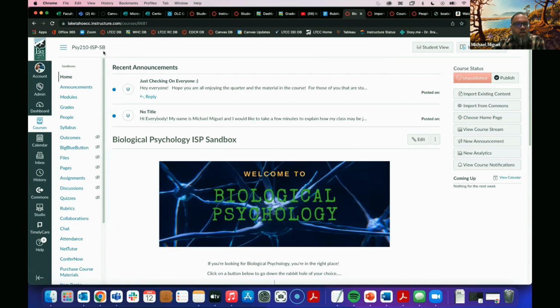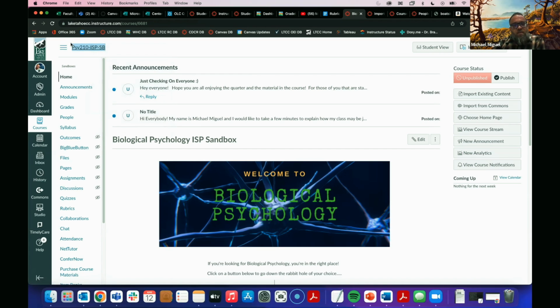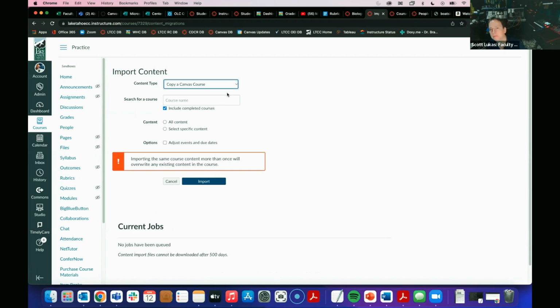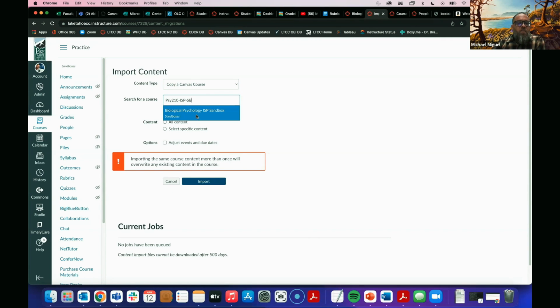What I do from here is I just right click and copy this naming structure at the top. Oh, wow, that's great. And then when I come over and paste into here, it automatically brings up the course that I want rather than having to hunt and peck through a bunch of different courses.